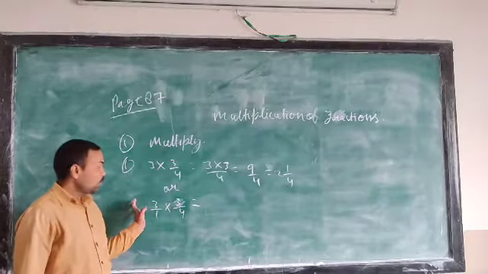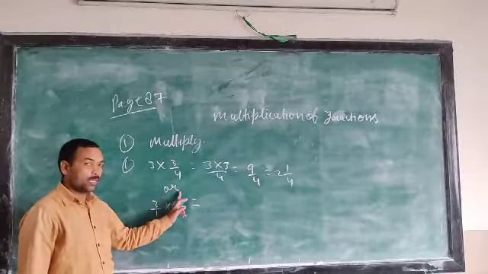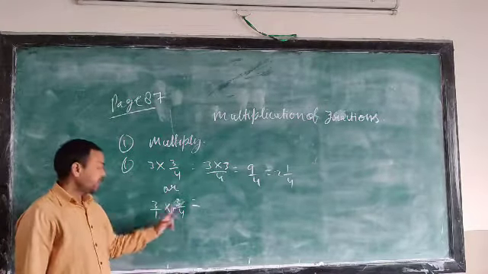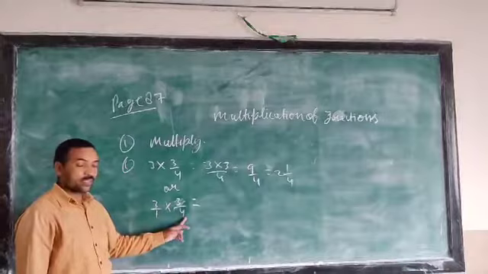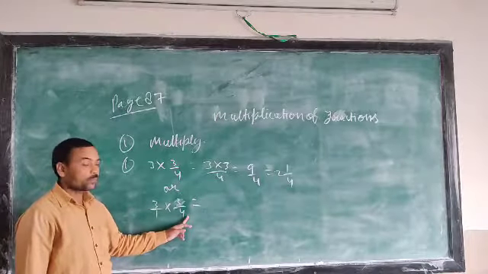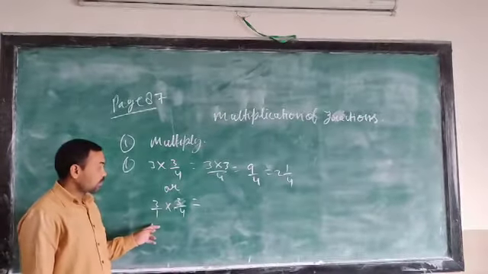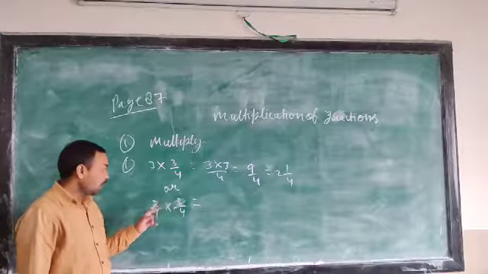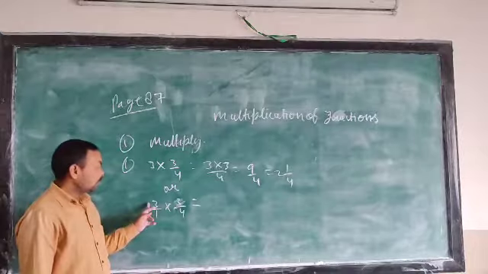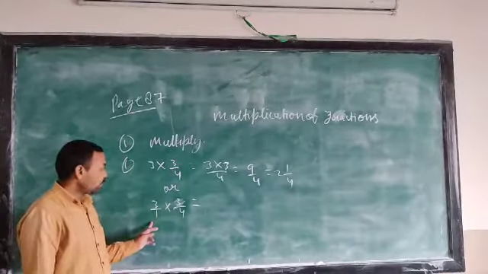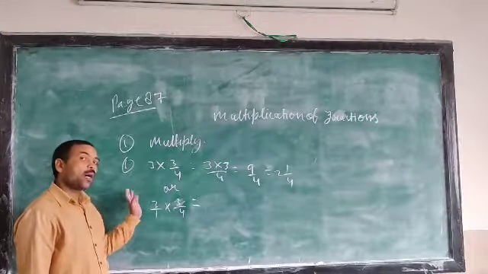Before multiplication, you have to check crosswise. First, you see whether both fractions are in lowest terms or not. If both fractions are in lowest terms, then check the crosswise numbers, that is, the first fraction's numerator and the second fraction's denominator. If there is no common factor, then see the second pair, that is, the numerator of the second fraction and the denominator of the first fraction. If there is also no common factor, then you multiply numerator to numerator and denominator to denominator. If there are common factors, then you can reduce or cut, and after that multiply.